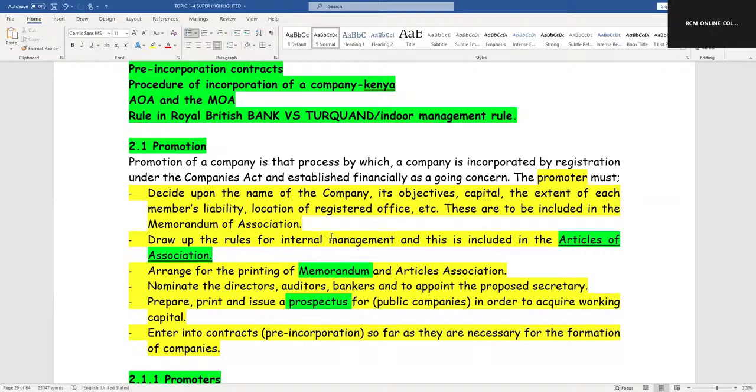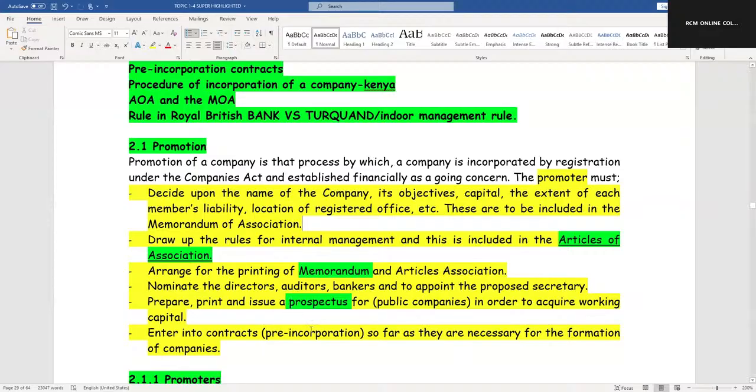But anything having to happen before that, even during all these processes of having to form a company, proposing the name and all those, the company is yet to be formed. All these requirements have to be fulfilled by the promoter for the company to get a certificate of incorporation. So therefore, any contract being entered into just to support or enable the company having to be formed, we call